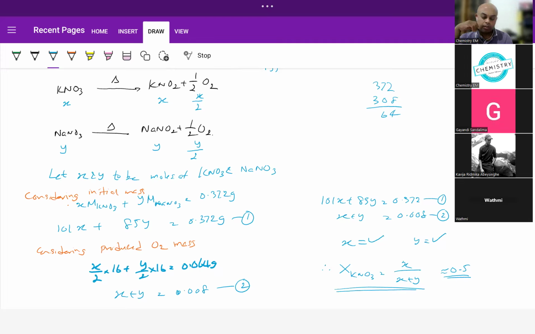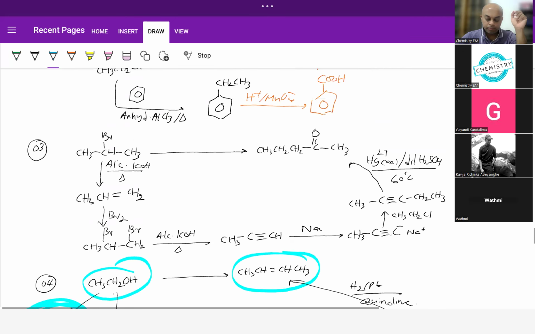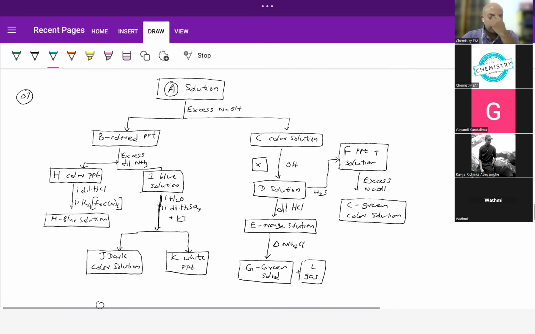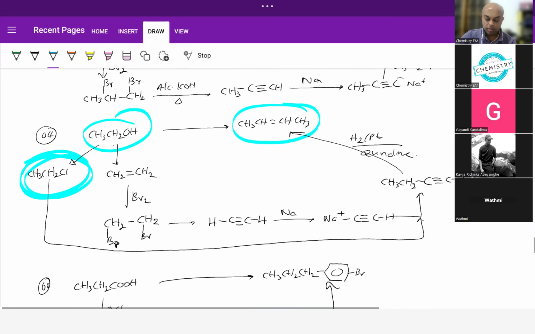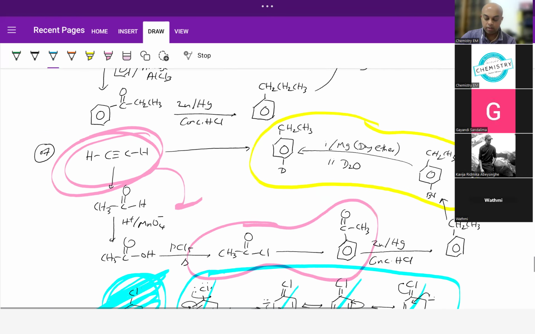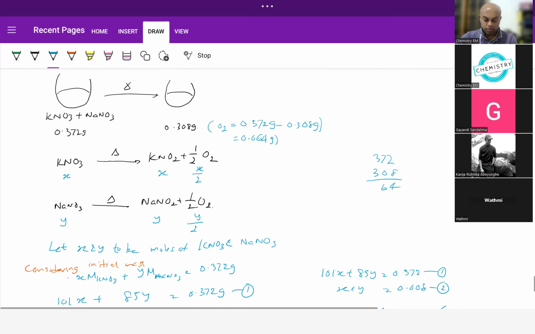Okay, so the next class, I thought of doing an inorganic question as well, but I will take it on Friday. So I will be doing this question on Friday. This takes more time, so I will do this one on Friday. Friday we have the class at 10 p.m. So Friday class we'll be focusing on one inorganic chemistry question and most things I'll be doing on